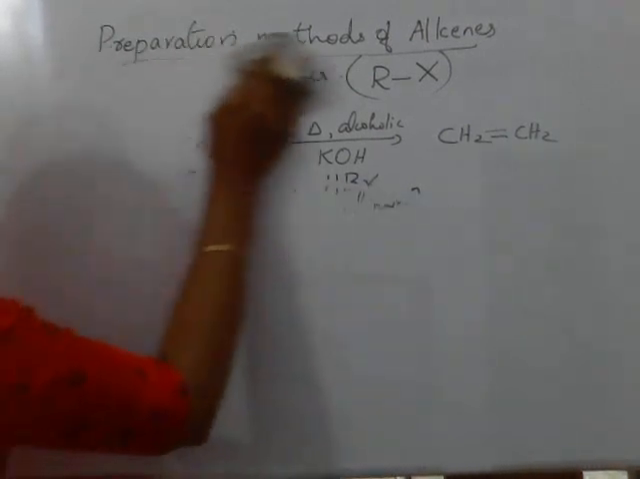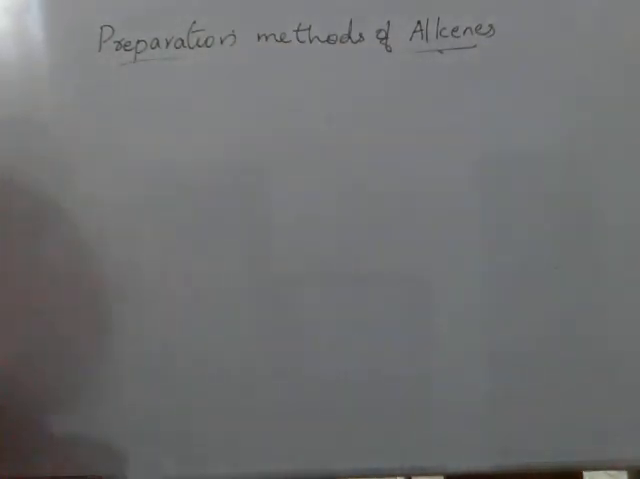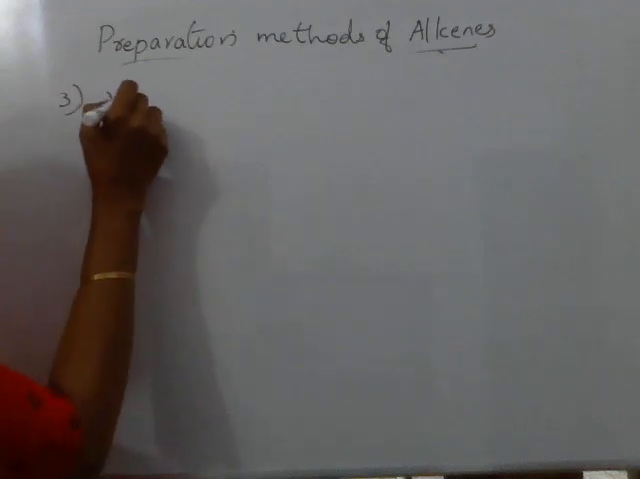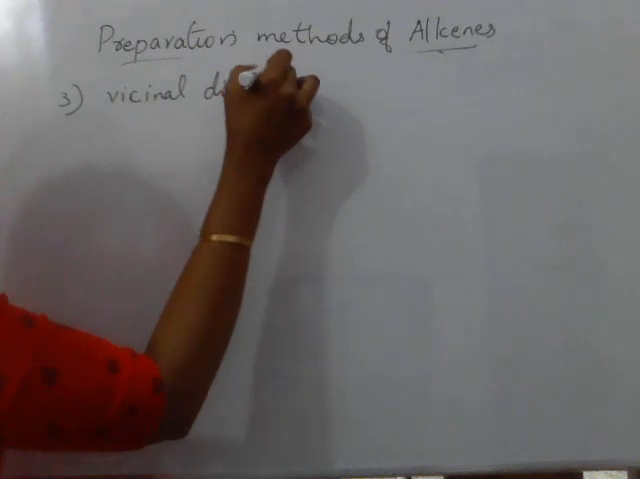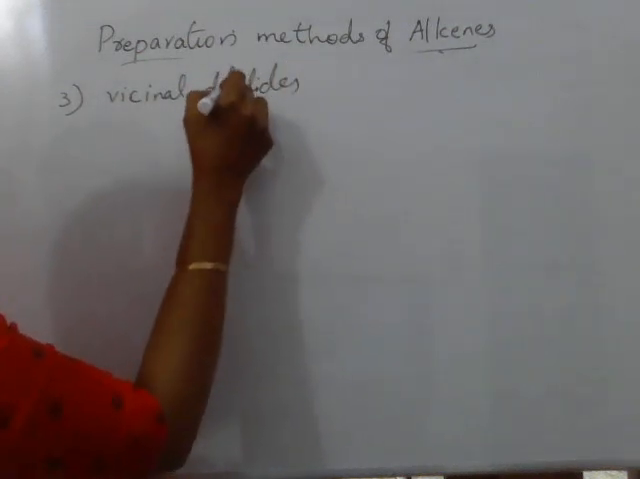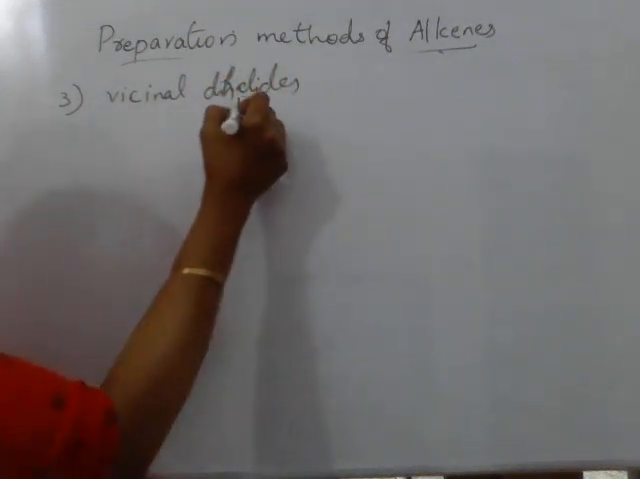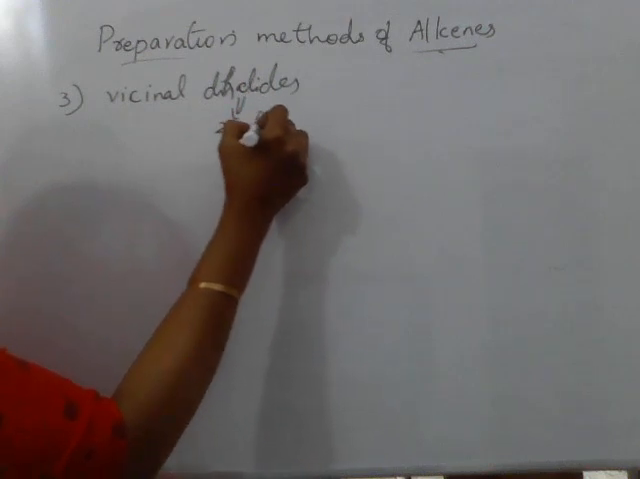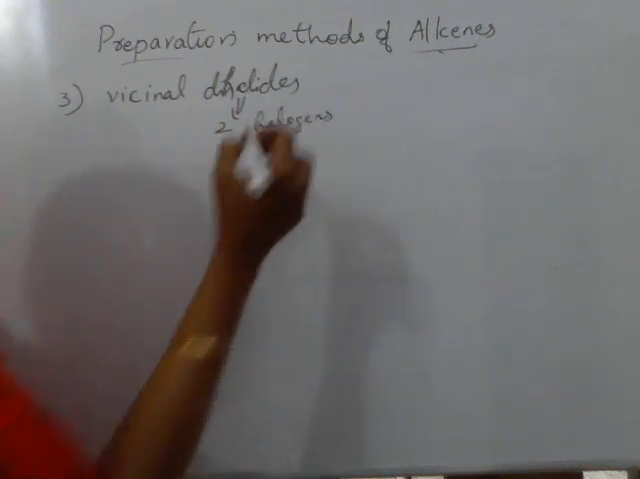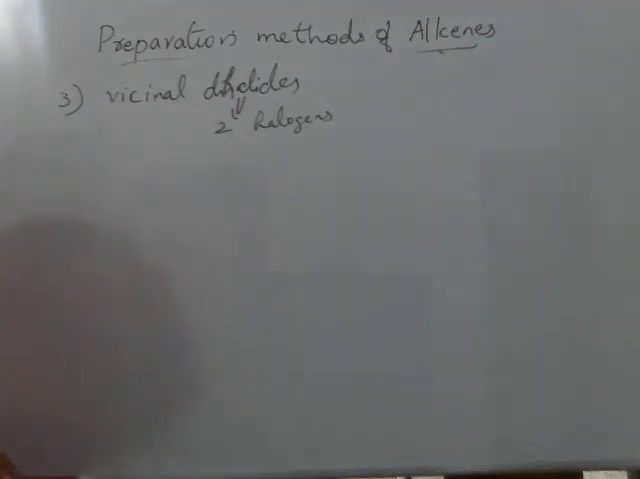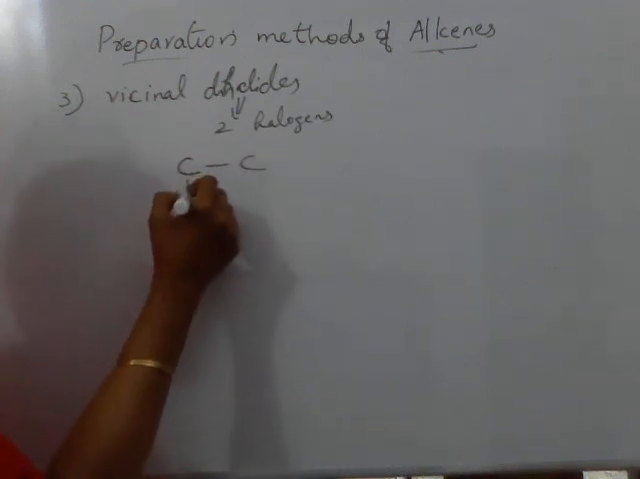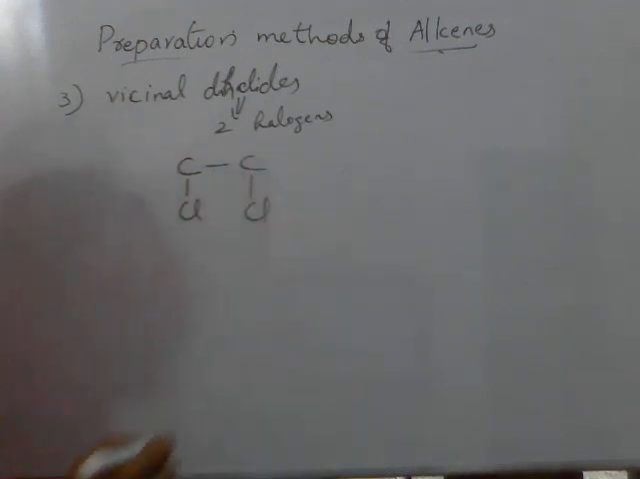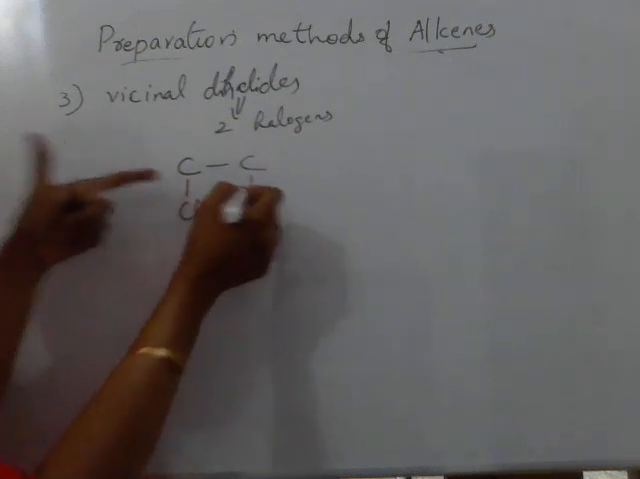Now the third method, alkenes can be made from vicinal dihalides. Vicinal dihalides. Dihalides means we know 2 halogen atoms. Dihalides means 2 halogens. If both the halogens are the same, and if they are present on adjacent carbon atoms, if both the halogens are, say, chlorine, and if they are present on adjacent carbon atoms,